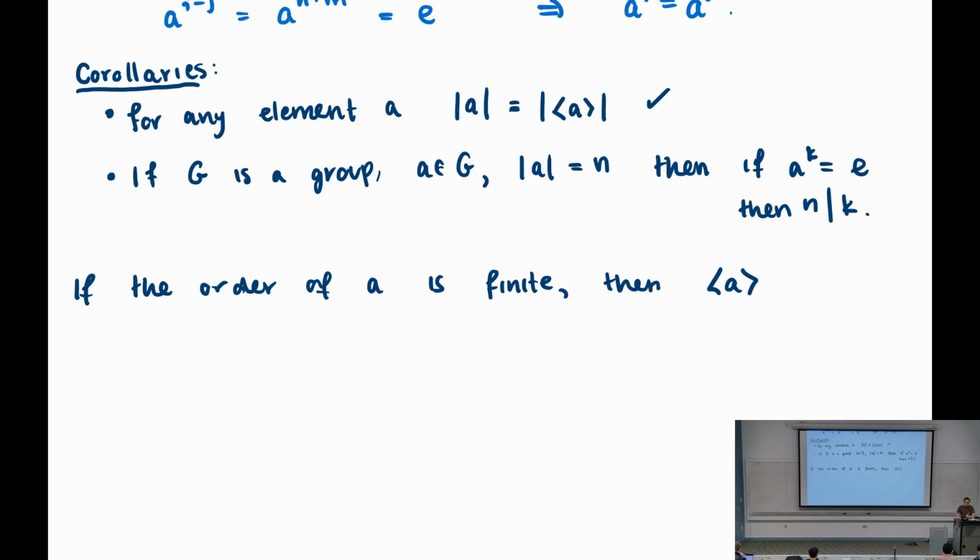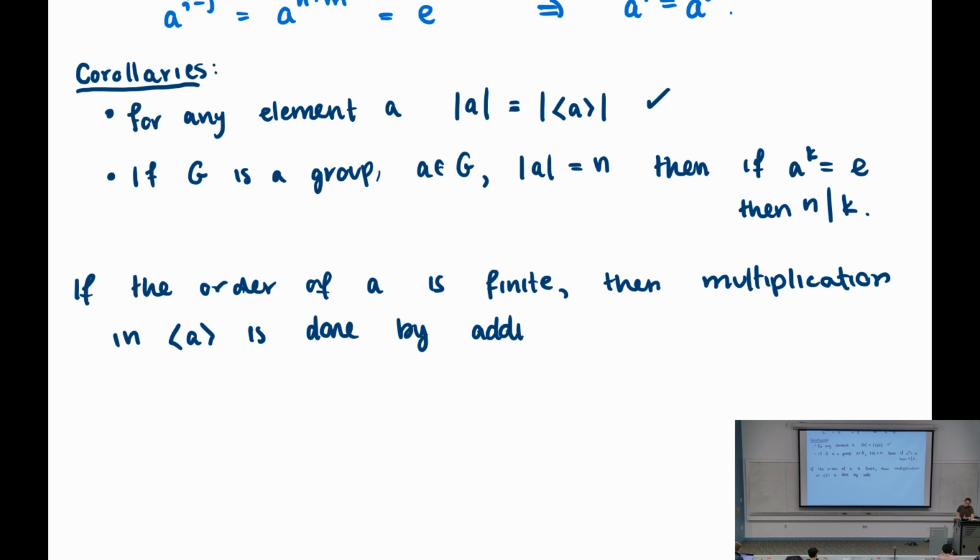Basically, multiplication inside of this group, the group generated by a, is done by addition mod n